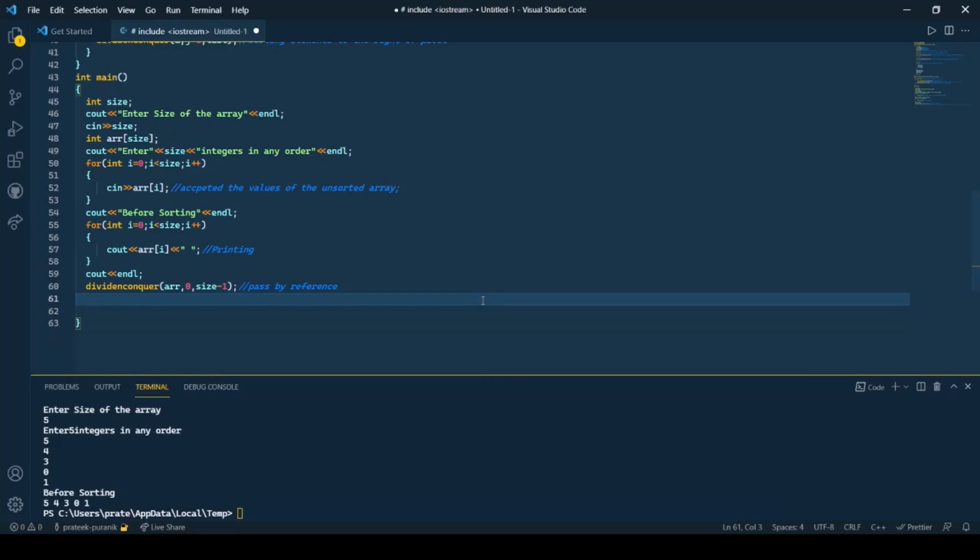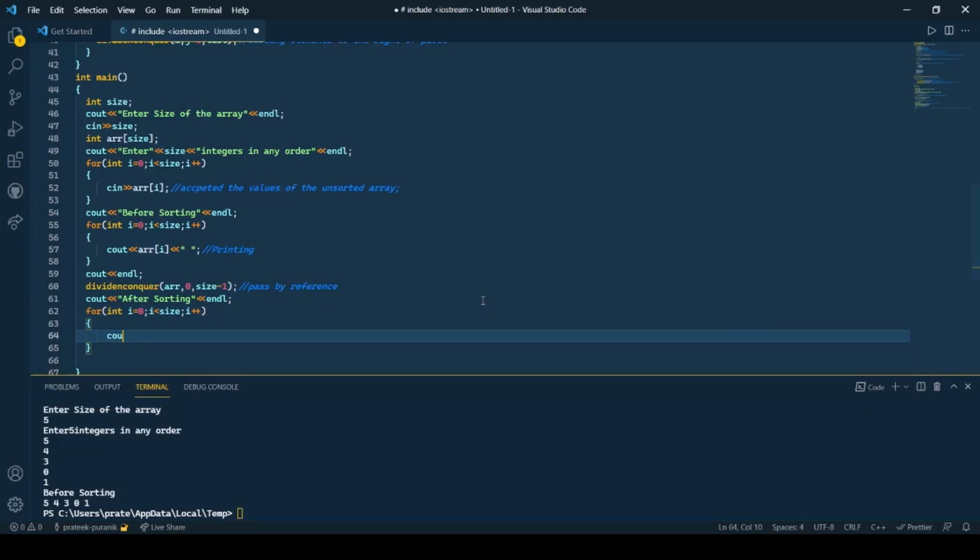So let's call cout "after sorting", and use a for loop: for int i is equal to 0, i should be less than size, i plus plus. Okay, and then let's cout the values of the array.